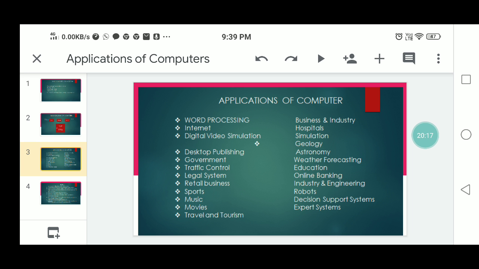In business and industry, computers are used mainly for data processing, including word processing, analyzing data, entering records, payroll processing, personal record keeping, and inventory management. So we have to use the computers.